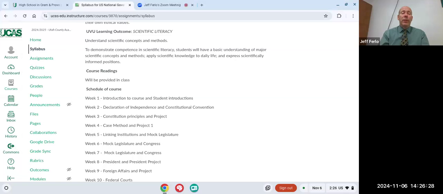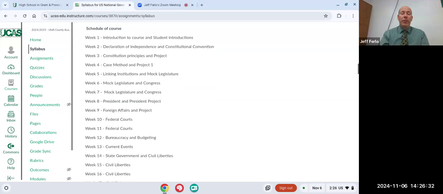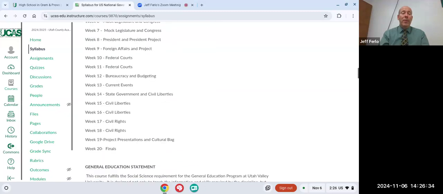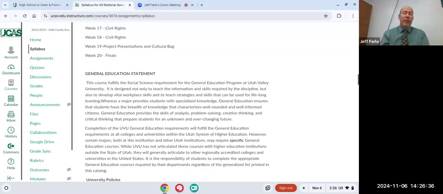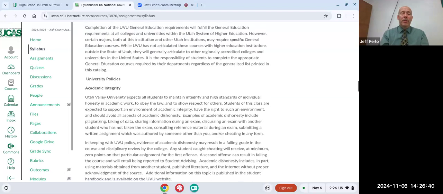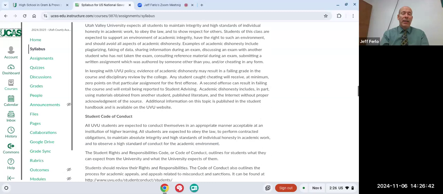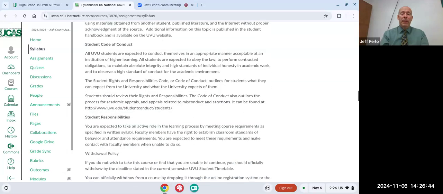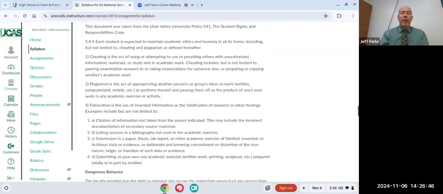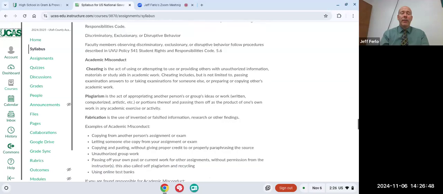Some of the stuff is not as important as other things that we'll talk about. I follow a certain course of study, and you can find that pretty much week by week, what we will be doing. I do, for the most part, follow it fairly well. There are times that it just doesn't work, and then we try to adjust, but it's pretty good. One of the things that you need to know when you look at this is